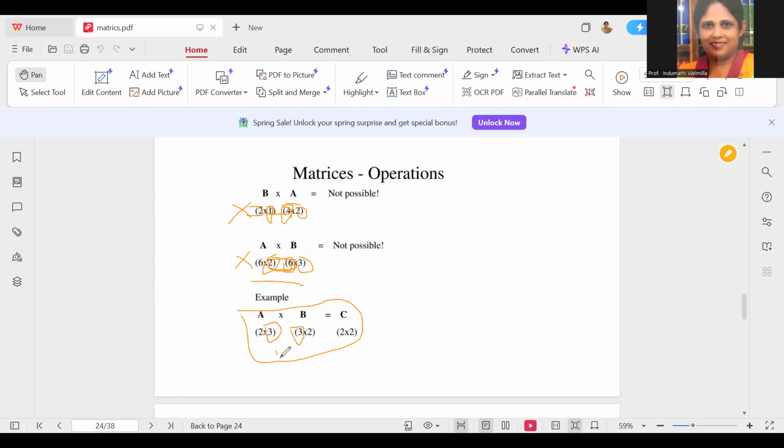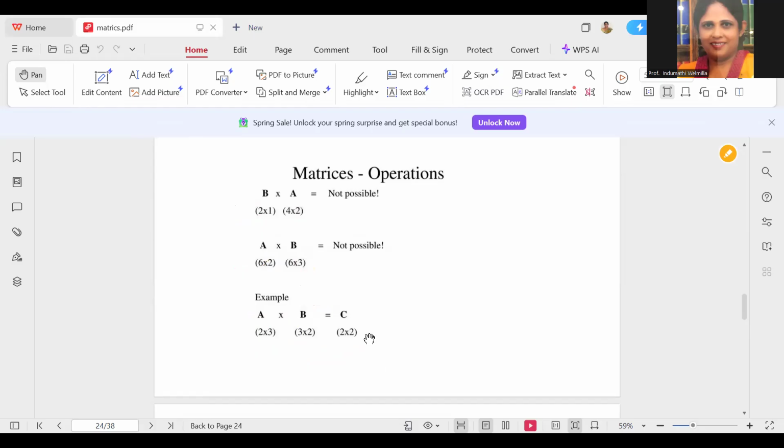It is okay. Then we can multiply A and B, and after we multiply A and B, we can get a matrix. That matrix size should be equal to 2 into 2, right? Because that is the number of rows of the first one and the number of columns of the second one. Okay. So keeping this in your mind, you can multiply given